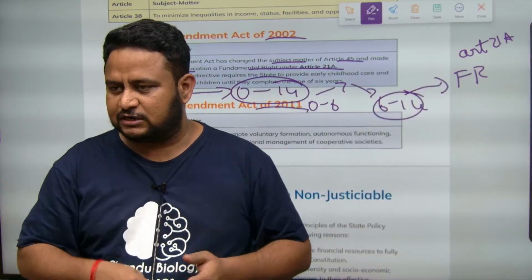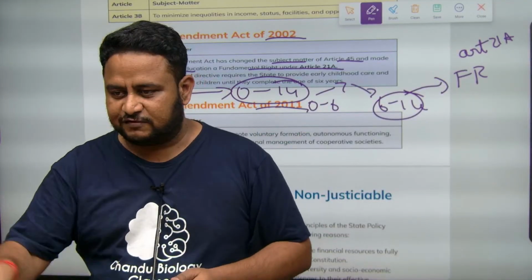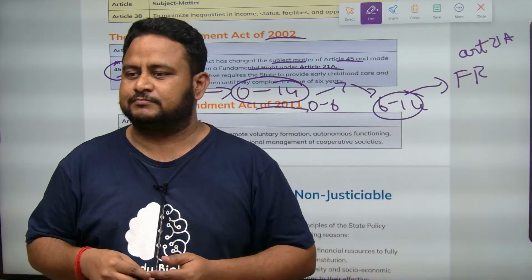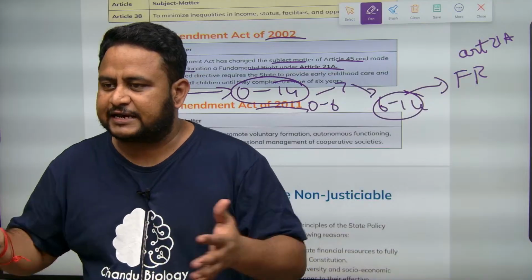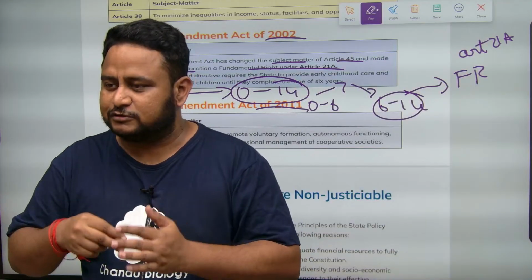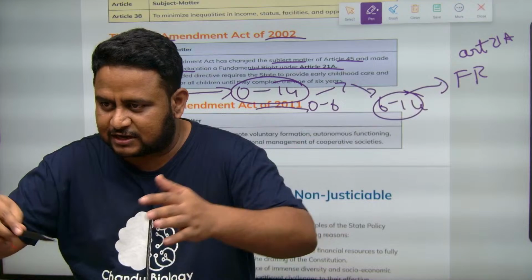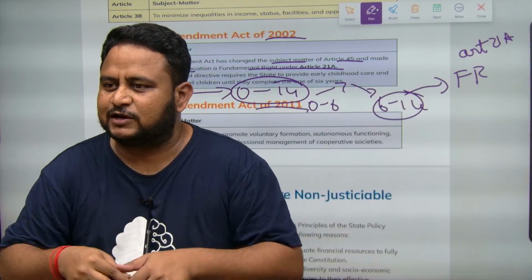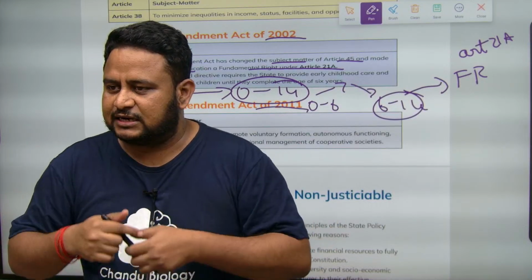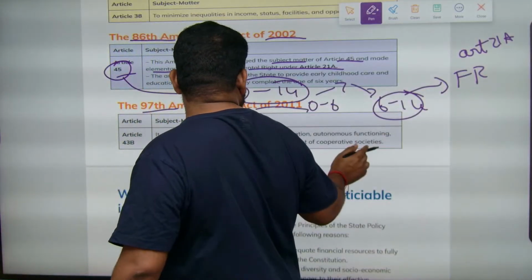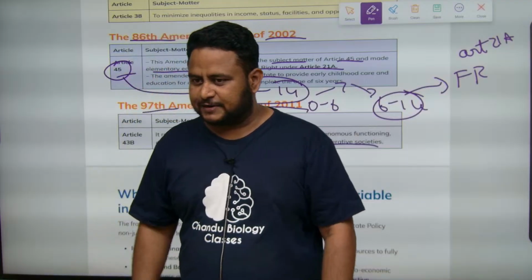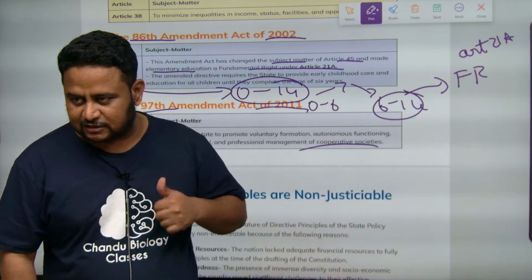If so many people go and tell them, they will accept. Suppose one of you goes and talks about something, they will not accept. If three of you go and talk, they will accept. That is the meaning of bargaining power increasing. That is the meaning of farmer producer organizations. When you wake up and participate, they will ensure that it is being done. So that is the meaning of making cooperative societies. They understood the need for cooperative societies in the 97th Amendment Act of 2011.